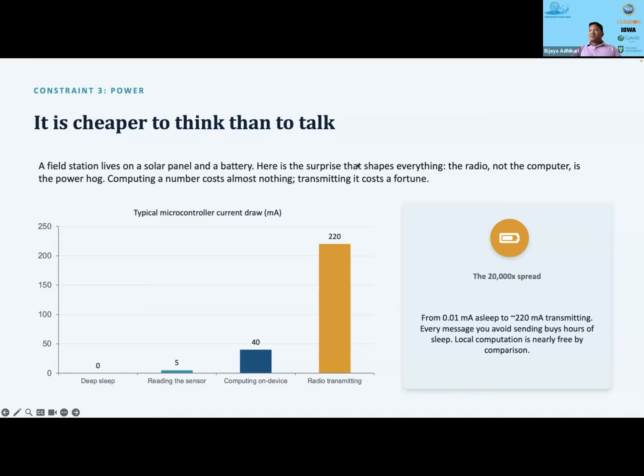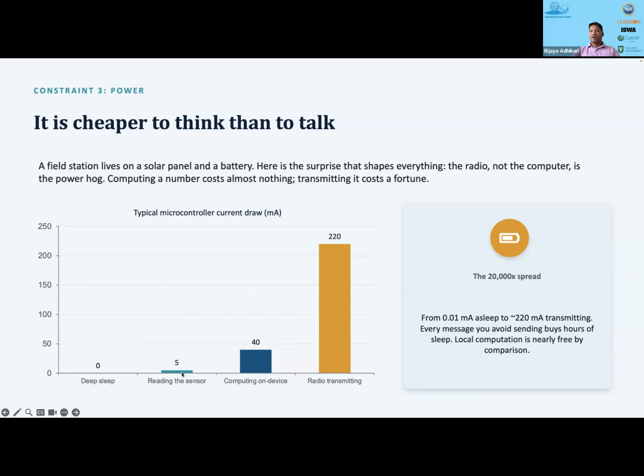Now, this is the surprising part. It's the transmission that the device has to make that is ultra power hungry, and not the computation itself. On this chart, on the y-axis we have the current draw in milliamperes. When the device is in deep sleep, there is basically no current flowing, so the current is almost 0 milliamperes, approximately. If the device is reading, so it's sampling something,